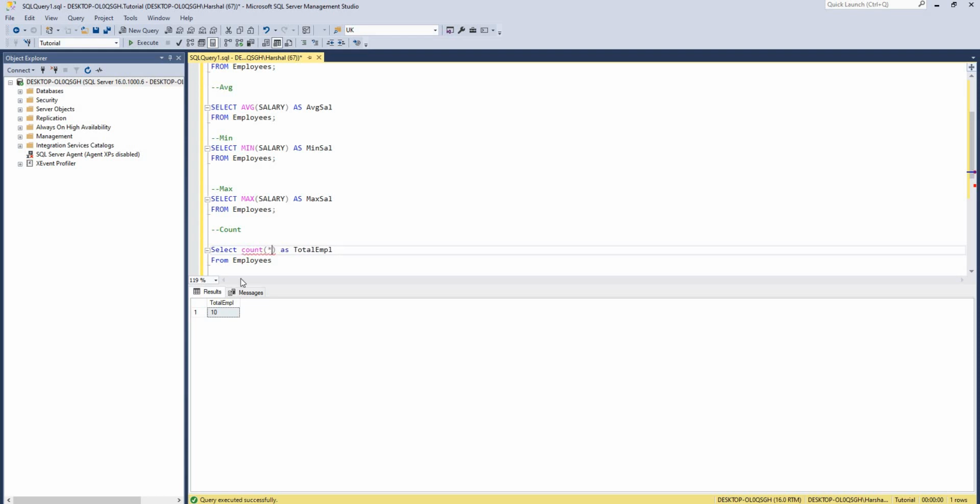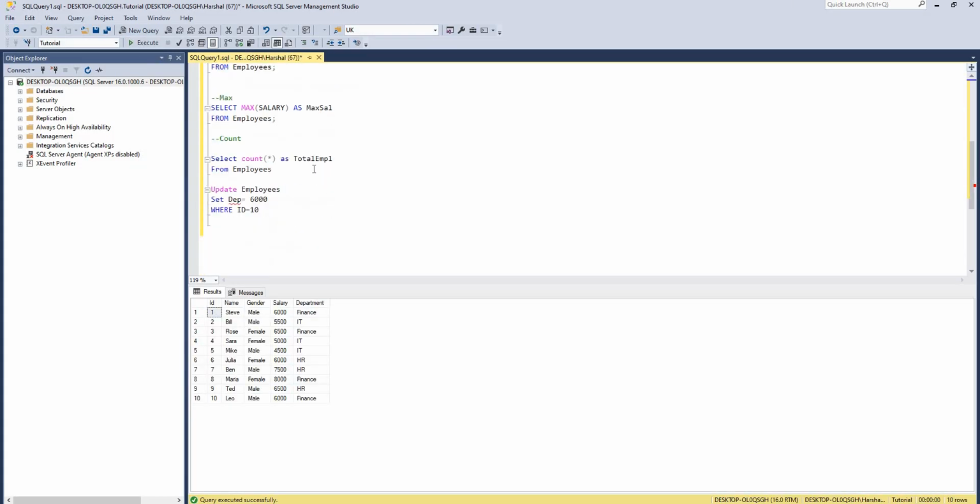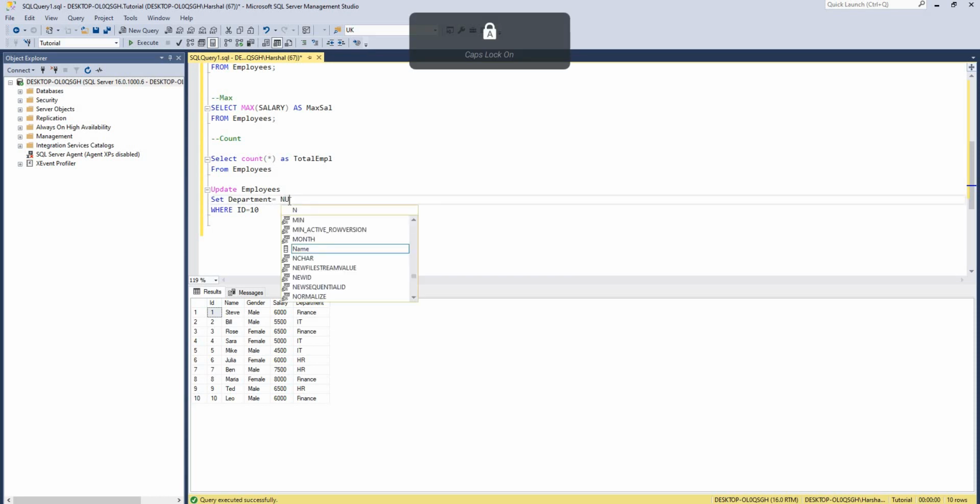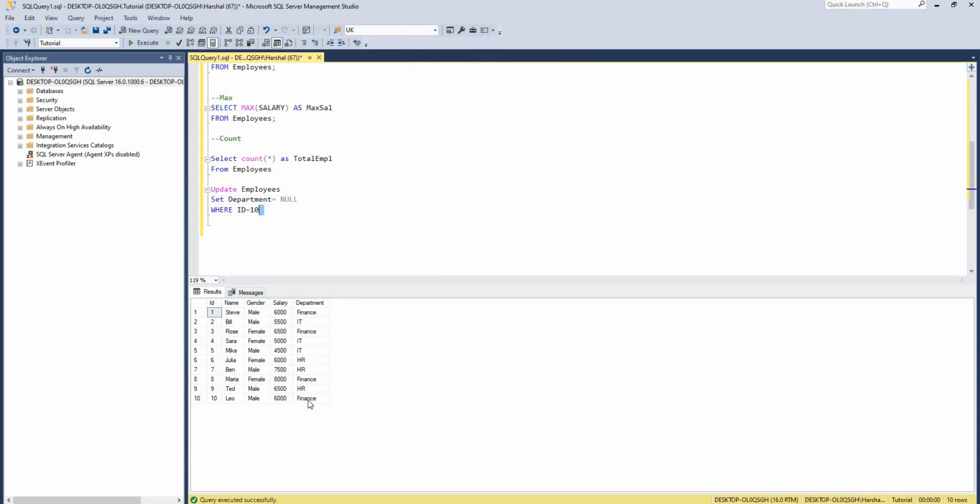You can also pass star. It will calculate all the rows along with the columns. If you have written count star and any null value is present, in that case it won't ignore that null value. So you can see there are 10 employees. To check the null condition, we'll update our table. Let's say we set department equal to null for id 10. You can see over here it's finance. So once you execute this,